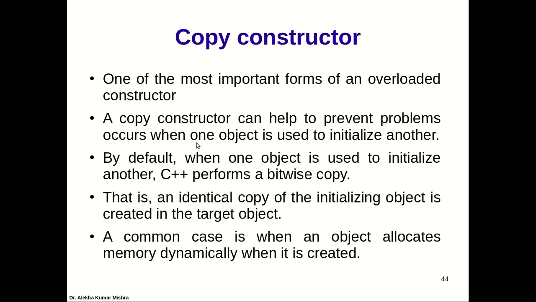Okay, so next constructor, which is the last constructor but the most important constructor, is the copy constructor. I think everybody knows that copying one structure variable to another structure variable by assignment operator is permitted in C. Same in C++. So you can copy one object to another object via assignment operation. But what about creating an object which will hold the copy of another object which already exists? That is the question, right?